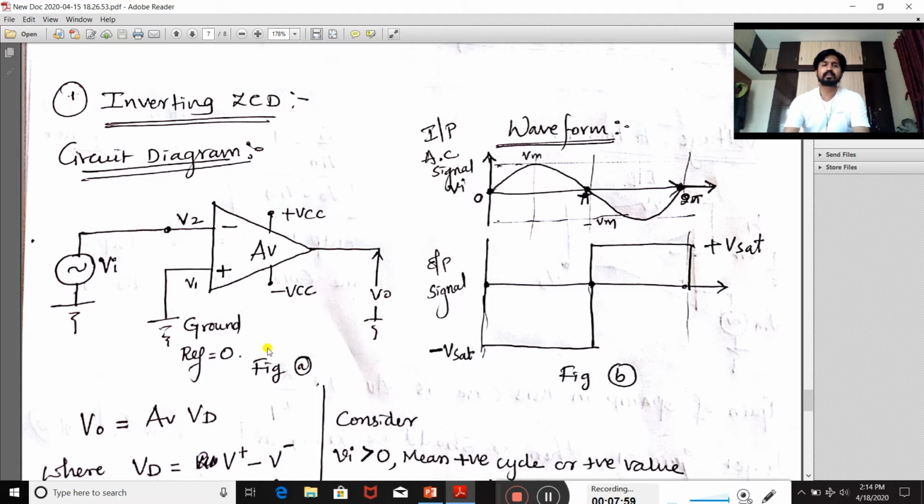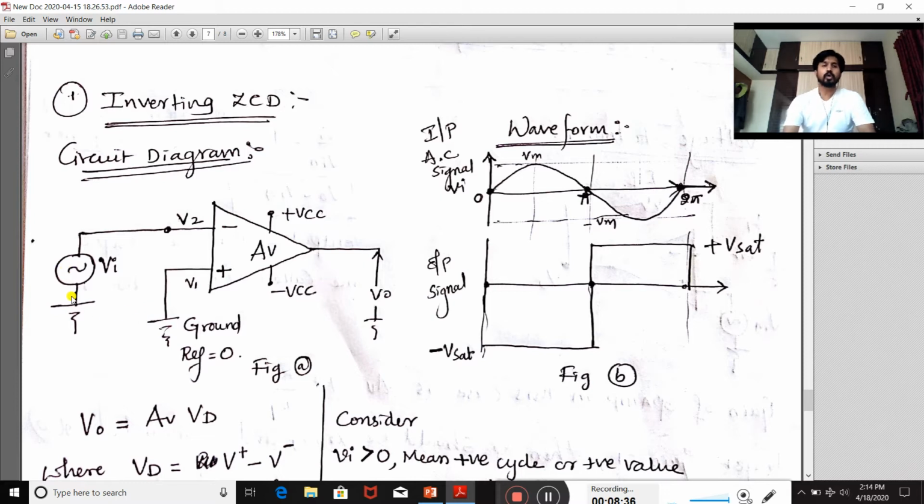See, this is the circuit diagram of the inverting zero crossing detector. In this configuration, feedback is not used. Feedback is not used means what? The operational amplifier is used in the open loop configuration. When you are using the open loop configuration, what does it indicate? Very high value, in terms of infinite, but when you are supplying a particular voltage, this voltage will act as an infinite source here. That means the maximum voltage of that supply will act as a very high value.